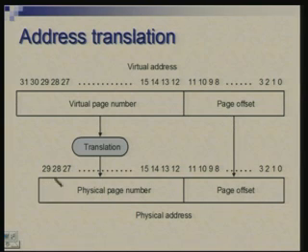Suppose we have physical memory present, which is 2 raised to power 30 bytes. Okay. So, let us say this is 4 gigabytes and this is 1 gigabyte. Now, physical memory address can be similarly divided into page number and offset. So, the problem that now remains is to translate virtual page number into physical page number. So, it is that translation process we need to figure out, how it has to happen.